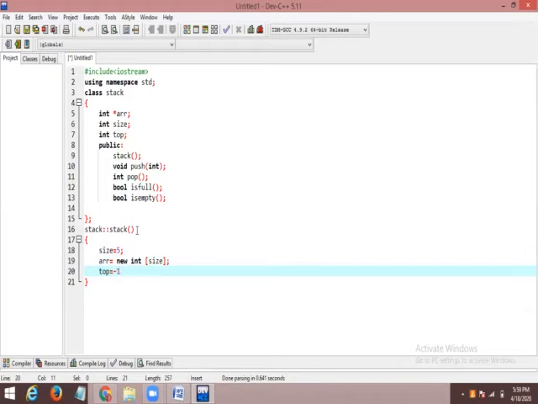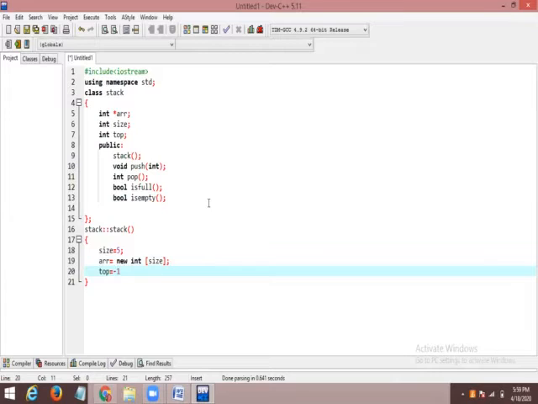Why am I giving top is equal to -1? As I previously said, we are giving index values for every value, and the index value starts with 0.